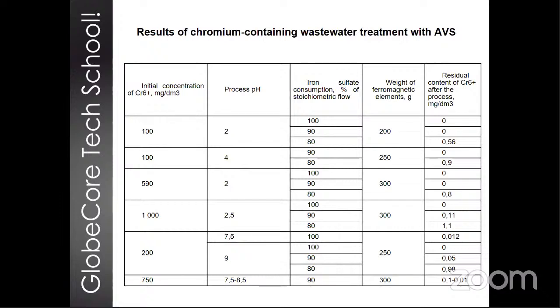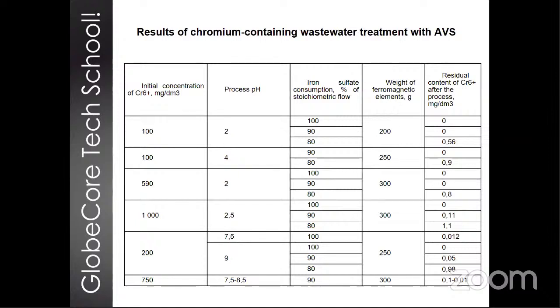The completeness of the chromium reduction was checked by express analysis using diphenylcarbazide and the colorimetric method. Disinfected, or rather decontaminated, effluents were then sent to neutralization and purification from 3-valent chromium already. So during the test, the consumption of iron sulfate was varied between 80 and 100% of its stoichiometric consumption, and the pH of the medium was varied from 2 to 4,